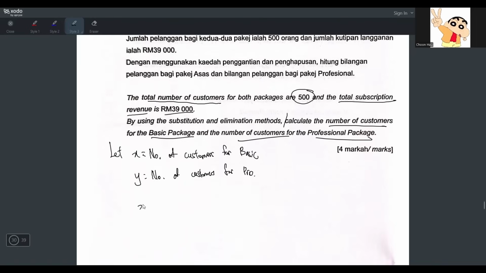X plus Y equals 500, because X and Y already represent the number of customers. So the total number of customers will be X plus Y equals 500. That's your first equation. Next equation,